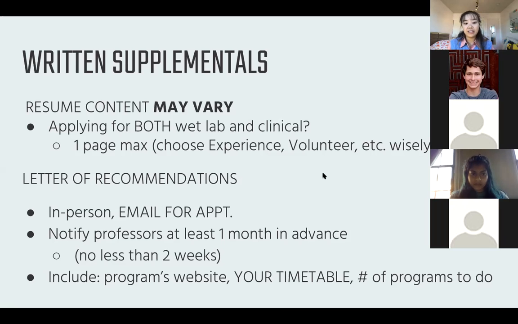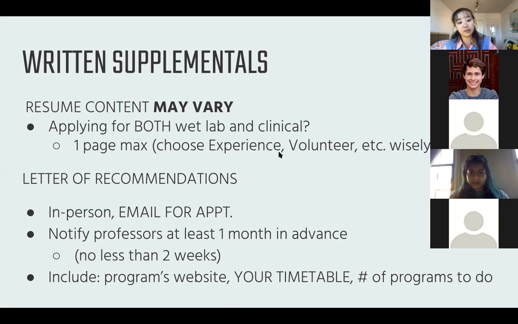So always be courteous, be polite, give them room to figure things out. And I would say no less than 2 weeks. If you really do have to reach out to them within 2 weeks, be as polite as you can. Otherwise, sometimes professors will think it's a little bit impolite and disrespectful of their time.